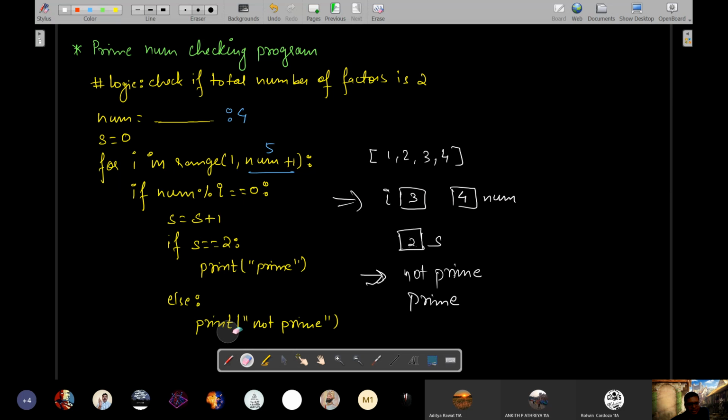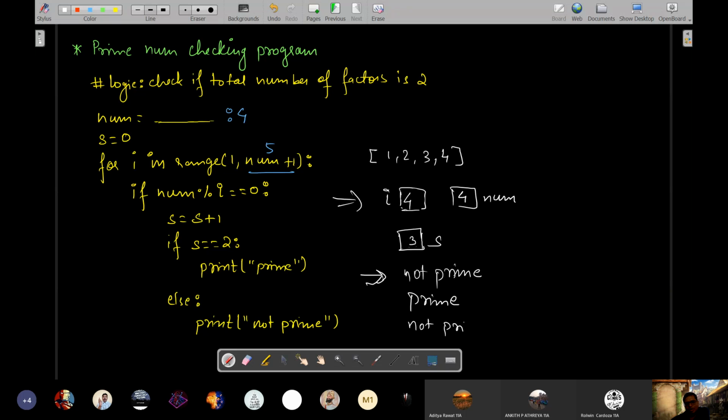Nothing will happen. The next value picked up will be 4 itself. Is 4 divisible by 4? The answer is yes. s will become 3. Is s equal to 2? The answer is no. It will print not prime.